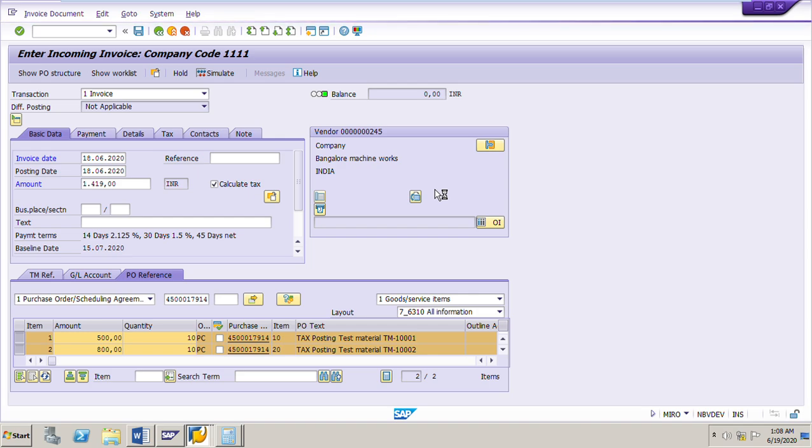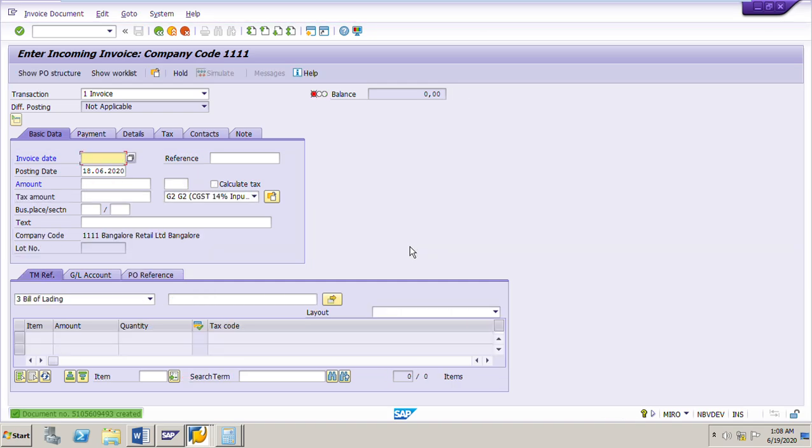Once the invoice is posted, that will be updated in the purchase order history as well. Let us note down this invoice document number. Yes, the invoice is posted.